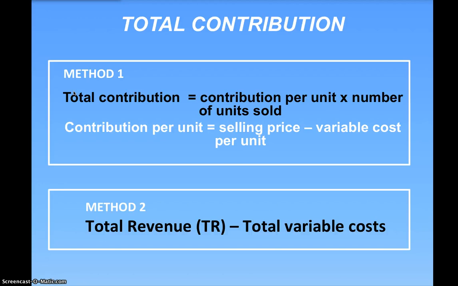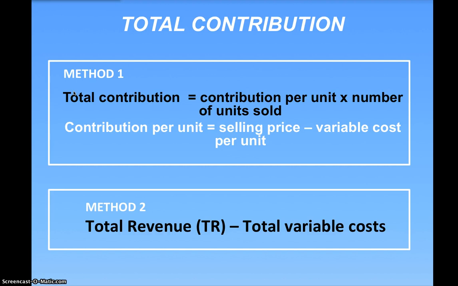Now, there are two methods that you can use. There's method one, which is where we find total contribution. In order to do that, we have to find the contribution per unit, which is the selling price minus the variable cost per unit. Once we've got that figure, the contribution per unit, then we simply multiply it by the number of units sold, and that will give us our answer. So pretty straightforward, really. Just need to find the selling price, variable cost per unit, and then multiply by the